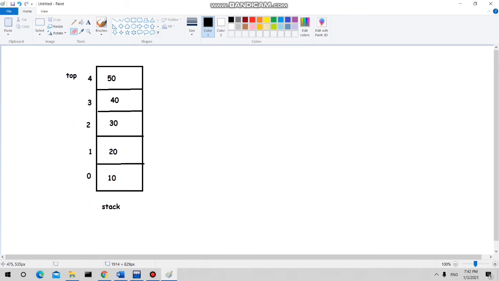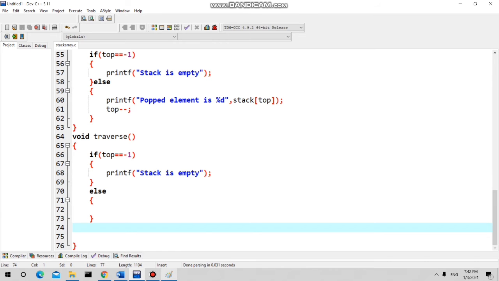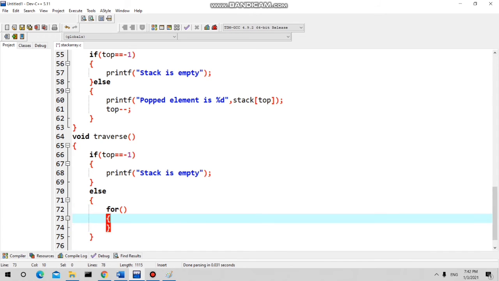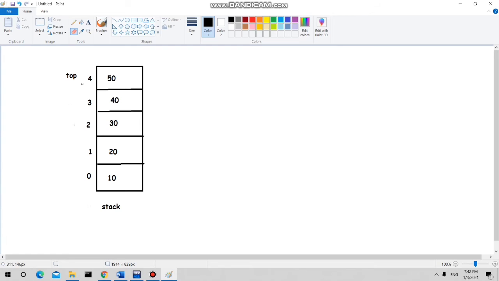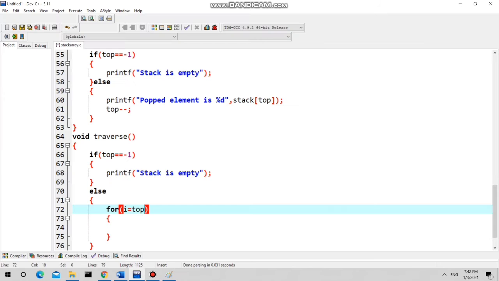Okay, see what I am doing. I am using a loop here because there may be any number of elements in your stack. So I am using a for loop. And I am starting from top. Right now top is pointing to 50, so I'm starting with 50.